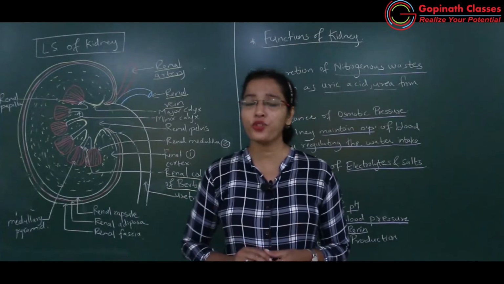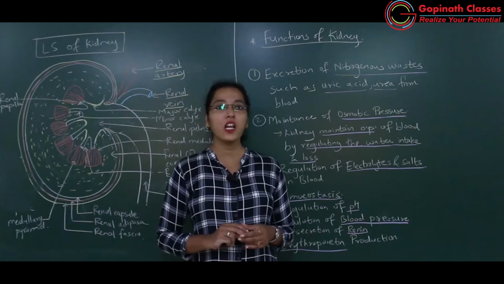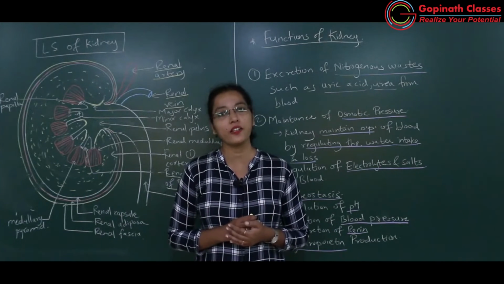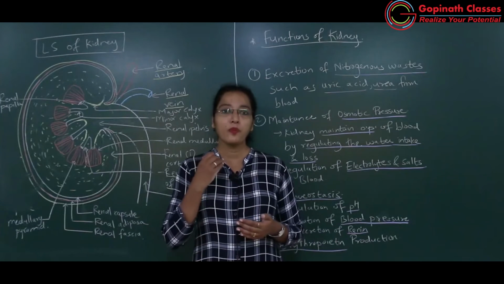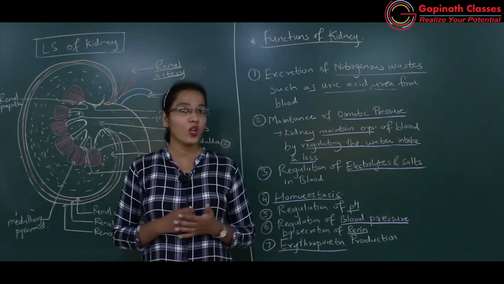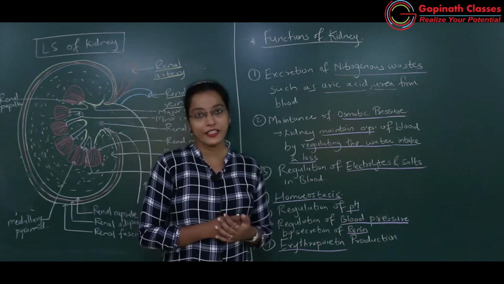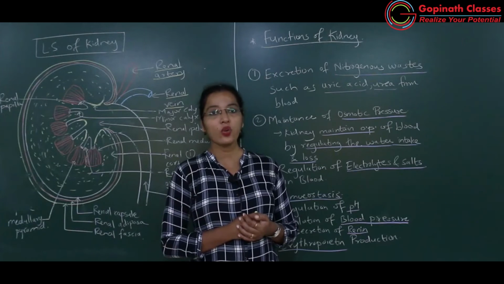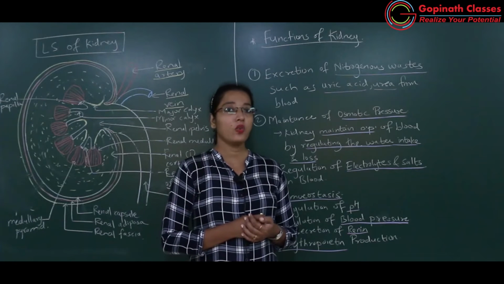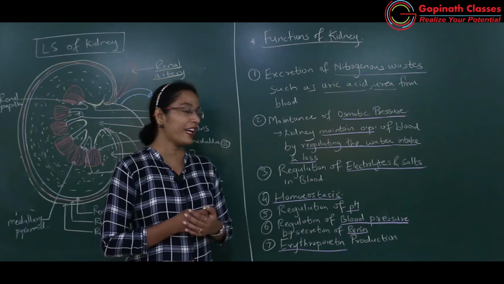We have learnt in the first lecture itself, homeostasis is maintenance of the internal environment. Even if there are many changes in the external environment, our body temperature as well as pH, everything is constant because of the role of kidneys. So kidneys regulate the electrolyte and salt balance as well as water osmotic pressure. It also eliminates the nitrogenous waste.